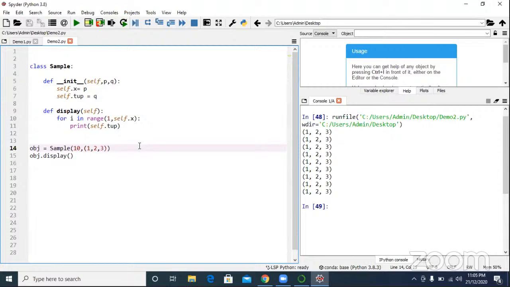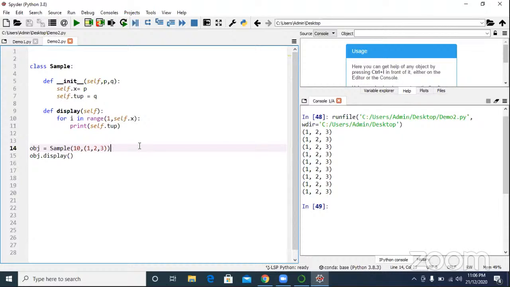Overloading means the same class and same method name, with different arguments or different types of parameters, and we can write n number of constructors. What I mean to say is, here you cannot write more than one constructor in Python. Constructor overloading is not possible.